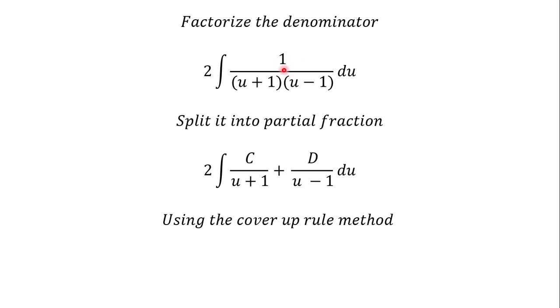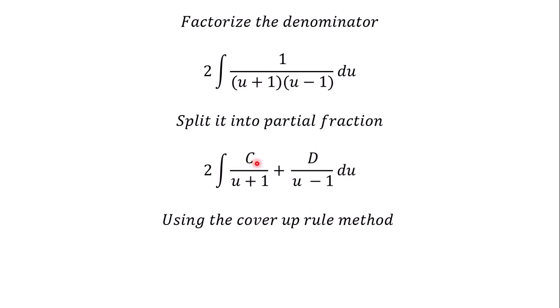Okay, so you equate it to what? This one here. So at the end of the day, you are going to get 1 is equal to C into bracket U minus 1 plus D into bracket U plus 1. The idea of equating this and this to 1 is because we will equate the whole of this, 1 over U plus 1 and U minus 1, to